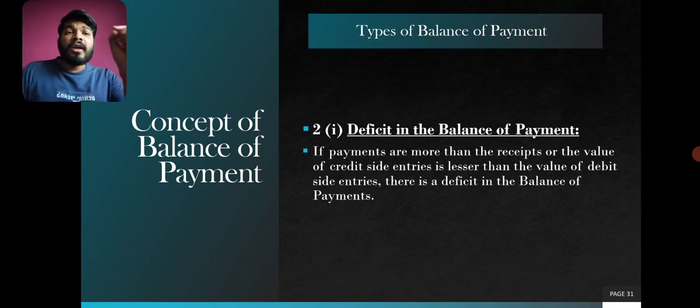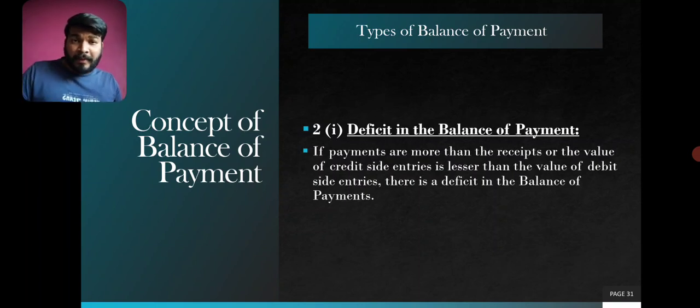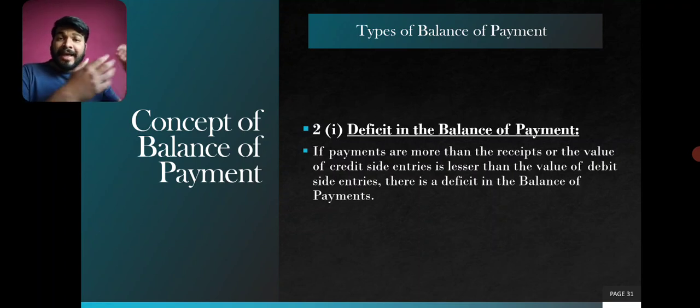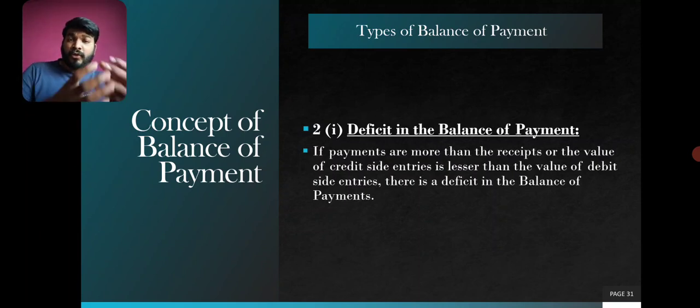So if your payment side, that is more of payment, import करेंगे तो वो payment side लिखेंगे. So if your payment side is more than your receipt, or we can say your credit side is less than the debit side, then it is called a deficit in balance of payment. You have to pay to the foreign countries in their currencies, or we can say US dollar, rather than in kind. So there is no income, there is only payment which has been done by your country.